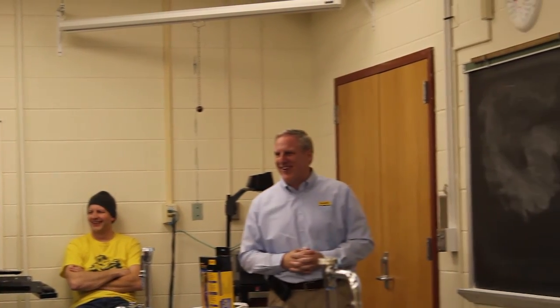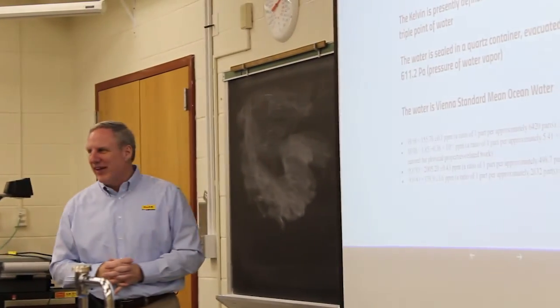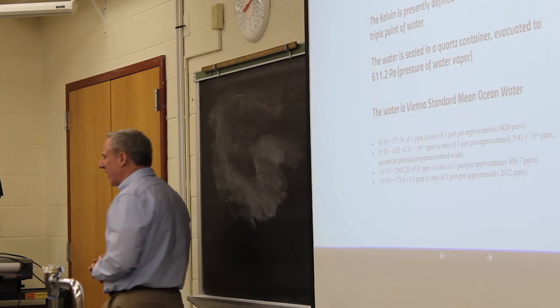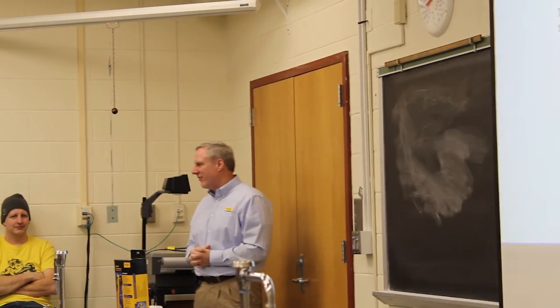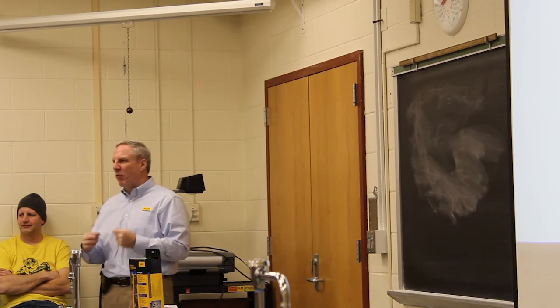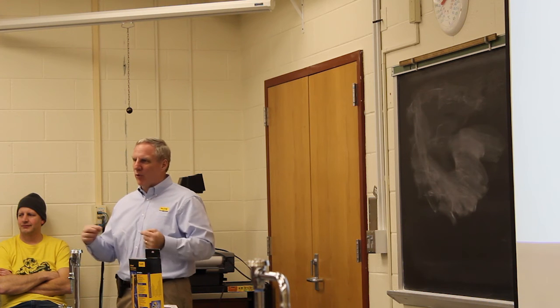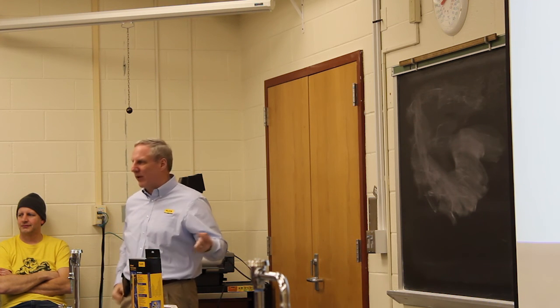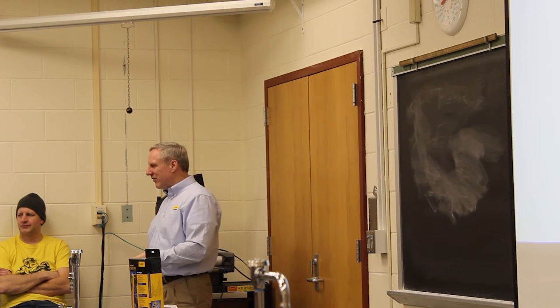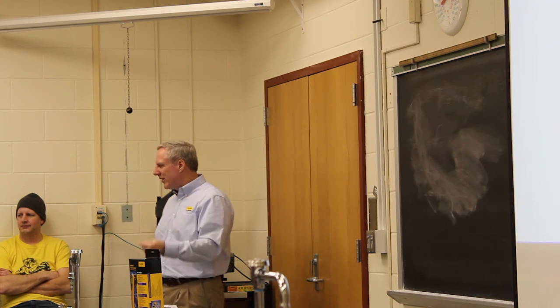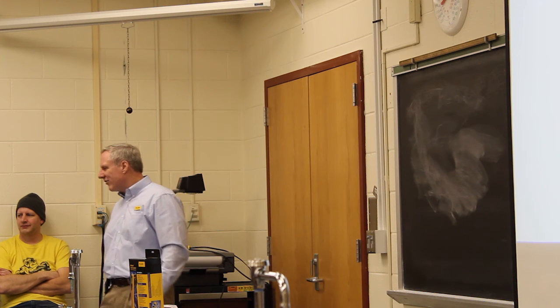But wait, there's more. There's a little bit more than the kilogram. There are also some issues with the Kelvin for its measurement. The Kelvin is presently defined as 1/273.16 of the triple point of water, the point at which water exists in all three phases, solid, liquid, and gas. However, that's under the condition of water being sealed in a quartz container, evacuated to 611.2 pascals, and it